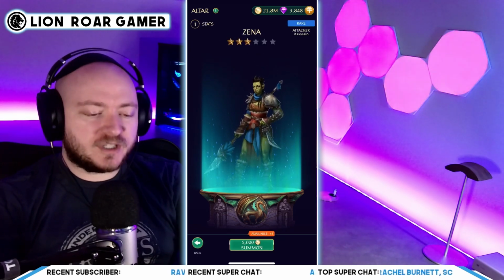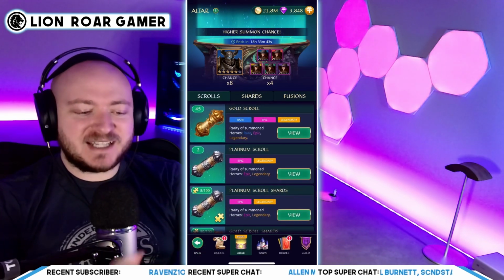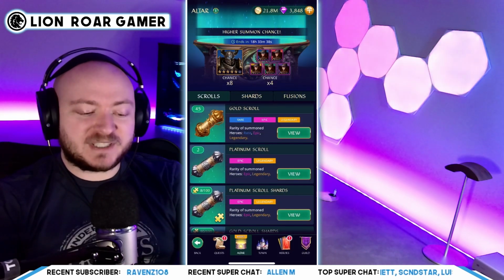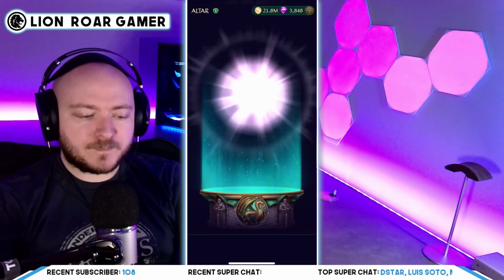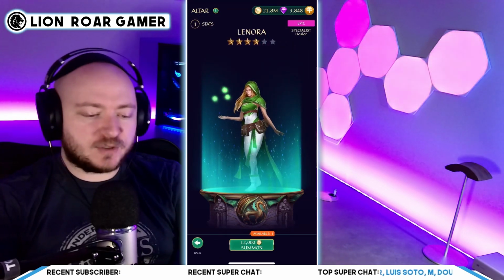Now we're going to go grab one of those platinum scrolls. I'm surprised we haven't gotten any of the new heroes here yet. But maybe we can get one here. Let's see. It's epic. Lenora. All right, so Lenora,